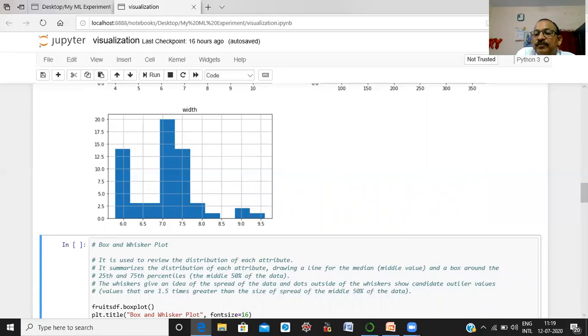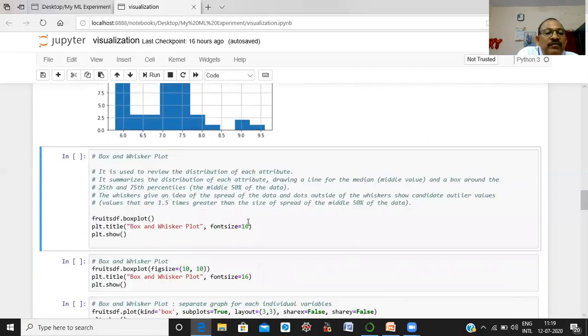Let us see. The function is the data frame name dot boxplot. This is the function, and this is the title of the box plot, and this is the size of this title, and plt.show is used to show the plot on the screen. Run it.